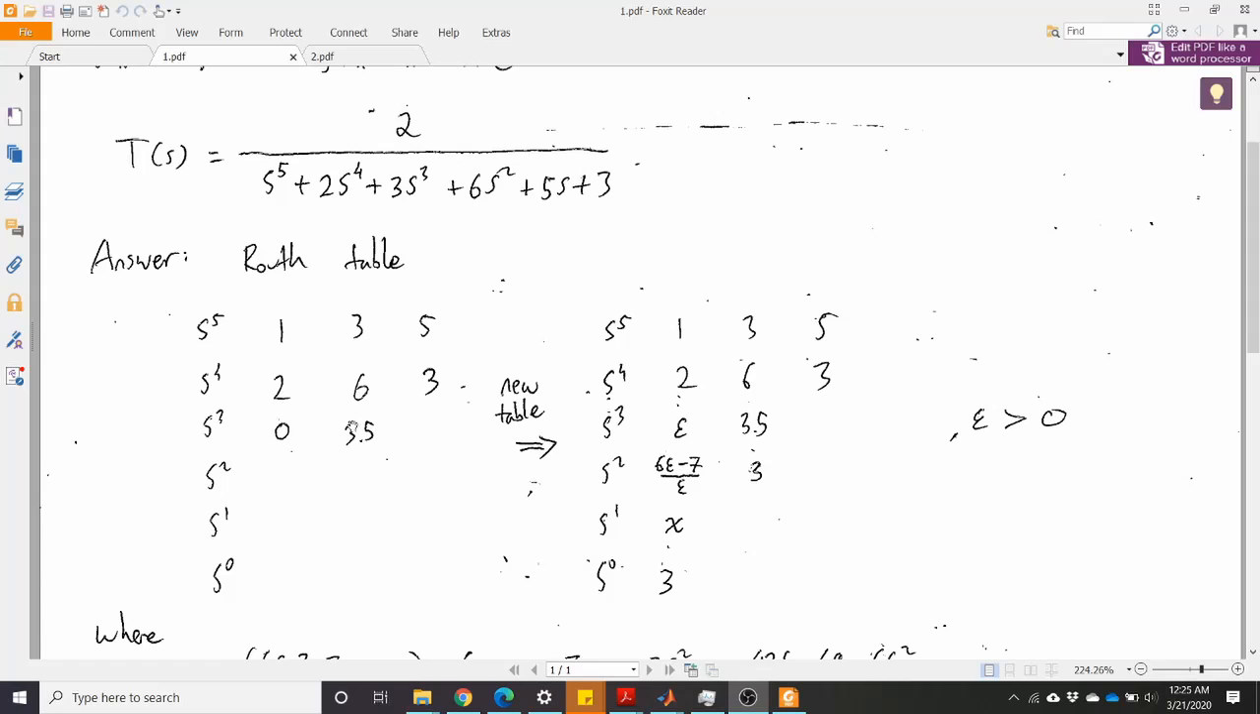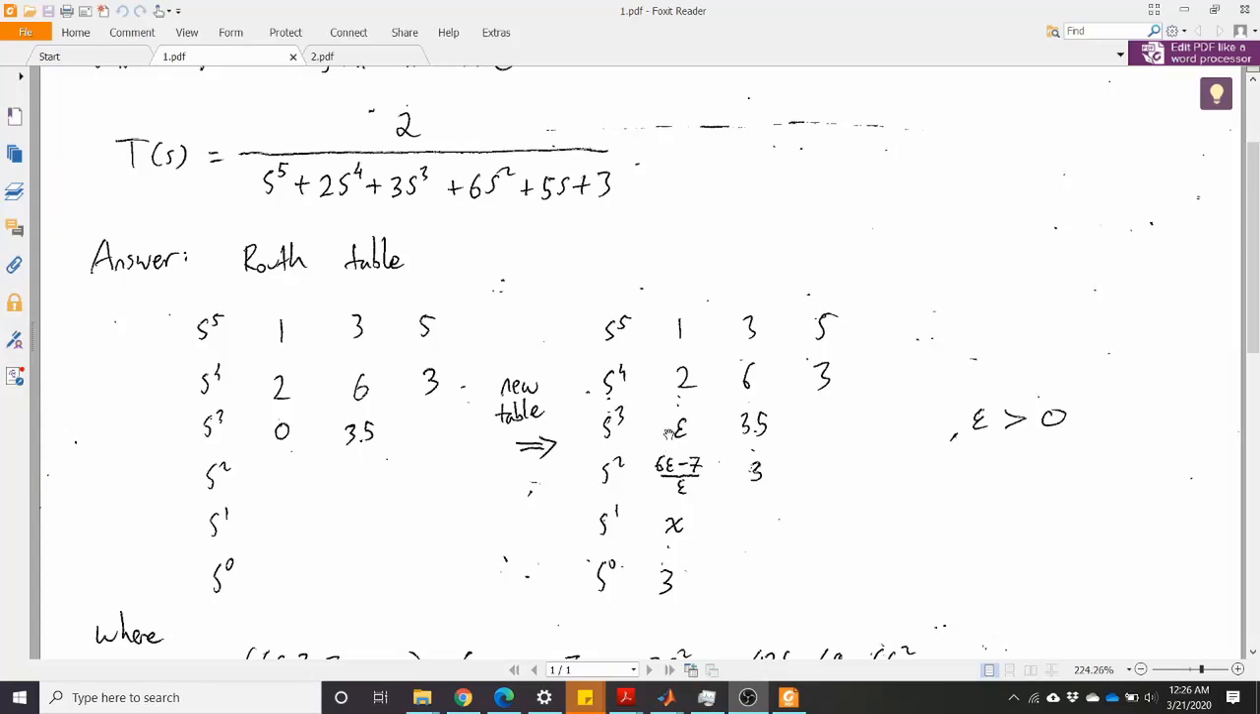For the next column, we do the same, but with this column instead of this. So to get 3.5, we compute 2 times 5 minus 1 times 3. So 2 times 5 is 10, minus 3 is 7. 7 divided by 2, it returns 3.5. So we have 0 on the first column. So we cannot continue to build the Routh table in the simple case because we have 0 on the first column. So to proceed,